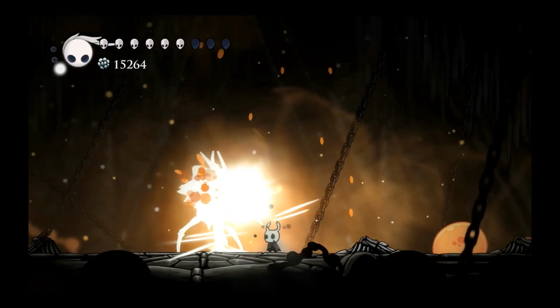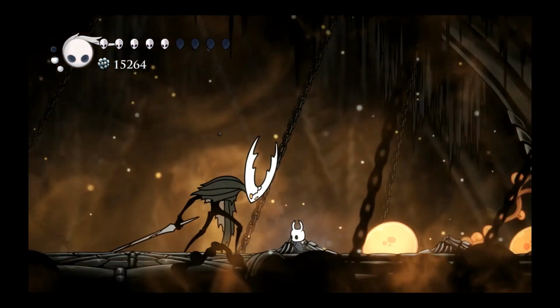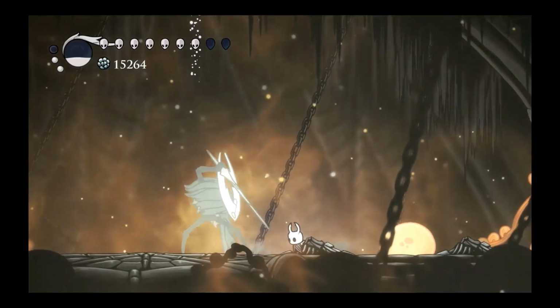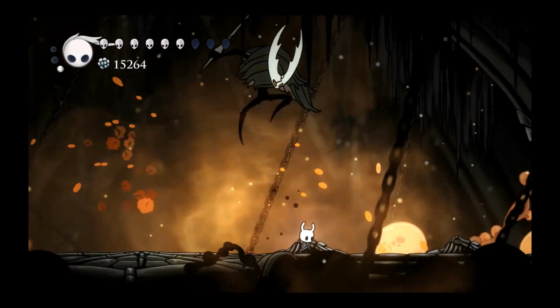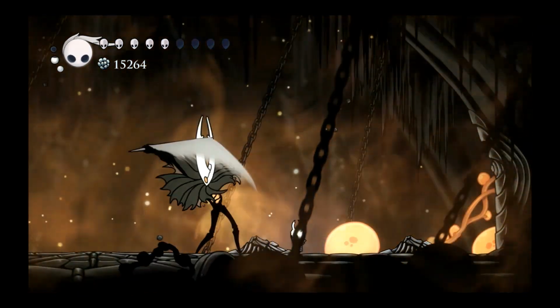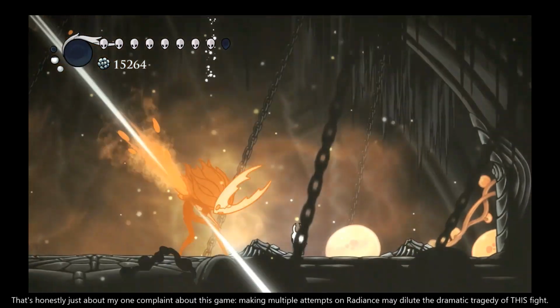Luckily, you end up with full health when you get back in there with her. But the thing is, there's like zero time to heal. She does double damage. So Sibling here has basically just become a gateway fight to the actual real final boss